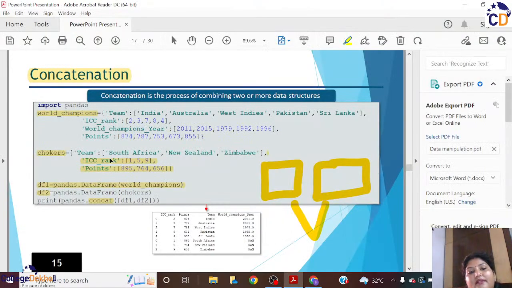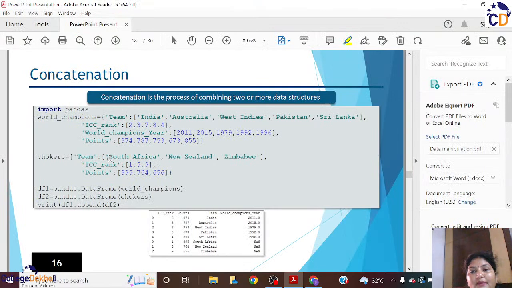Now let us take how we append. This is also another function when we use the append function. So the same procedure is followed in append also. It is combining two or more data frames. Now here what we are going to do is, you are taking the first dictionary, you are taking the second dictionary,